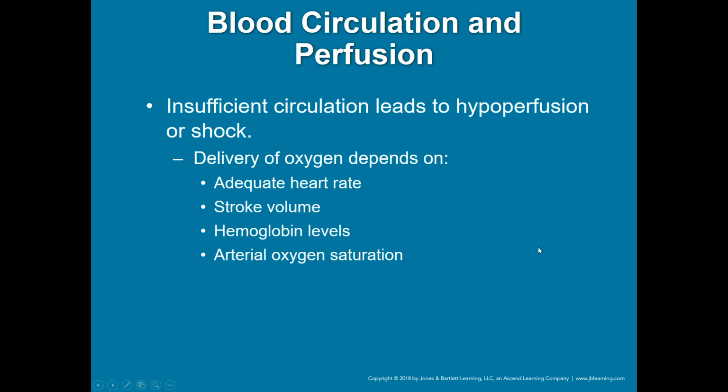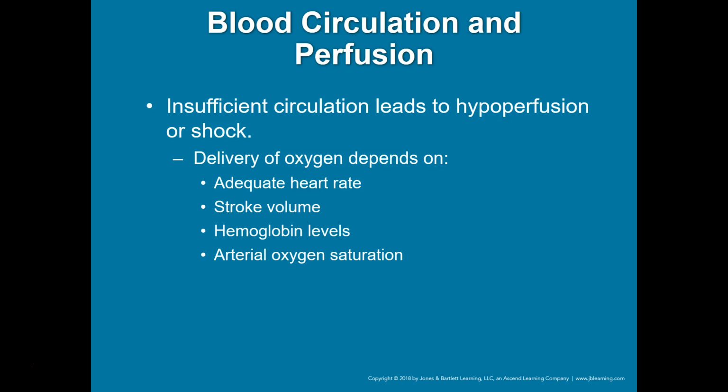Okay, so getting into a concept that you'll deal with for the rest of this chapter, which is going to be hypoperfusion, which is just shock. So insufficient circulation leads to hypoperfusion or shock. The delivery of oxygen, and what will also be the exchange of carbon dioxide, depends on an adequate rate, an adequate volume, so there's our cardiac output, rate and volume, adequate hemoglobin levels for oxygen delivery, and also arterial